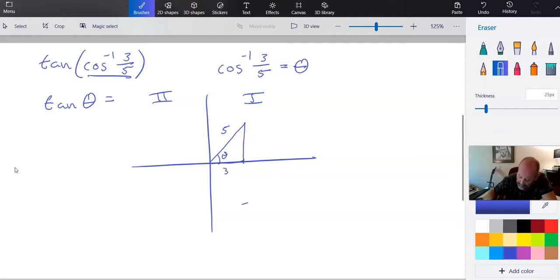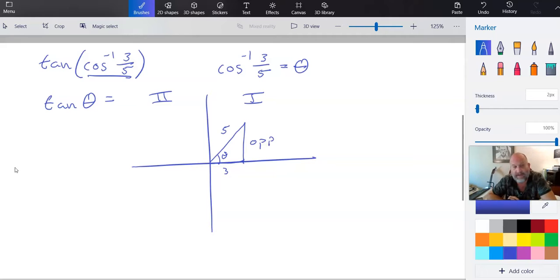Okay, now keep in mind, tangent of theta is the opposite over the adjacent side, right? So we need this opposite side. If I had that, I could figure out what tangent of that angle is. Well, I can figure it out with the Pythagorean theorem, right? Remember, if I have a right triangle,